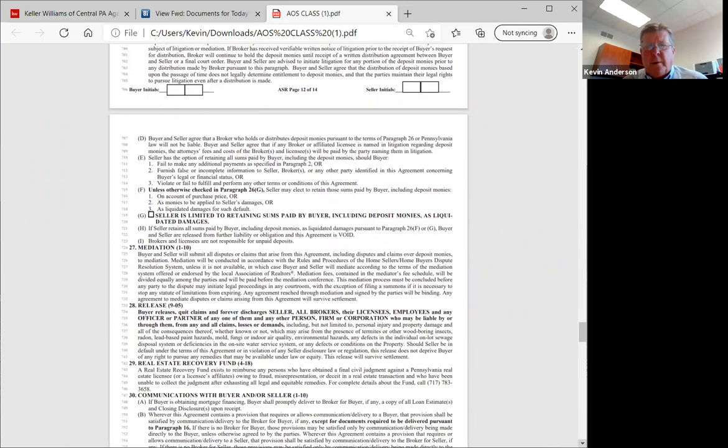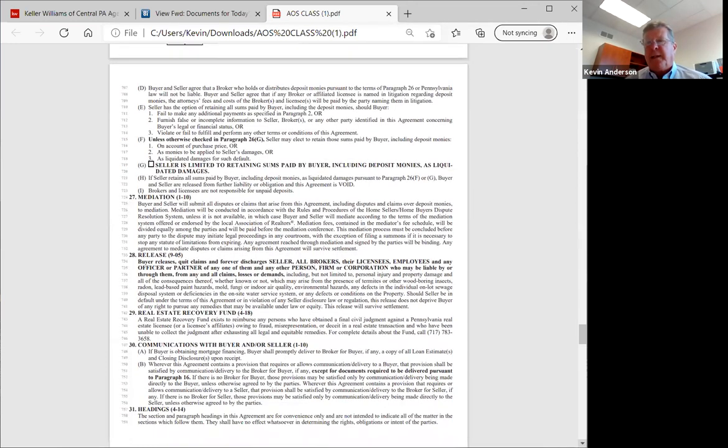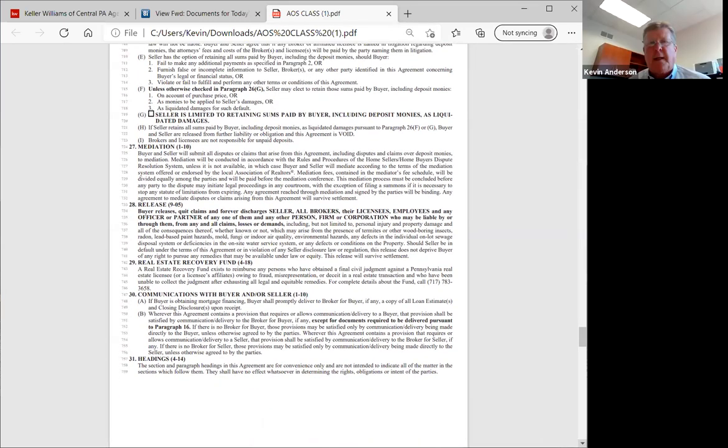Representing the buyer, you would always check that the seller is limited to retaining the sums paid by buyer, including deposit monies, as liquidated damages. That used to not be in there. And there was a thing called specific performance that the buyer could sue the seller for. They just say, we're not doing it. Now that's in there. It limits the buyer's liability. Some attorneys won't agree to it if they're representing an estate, but